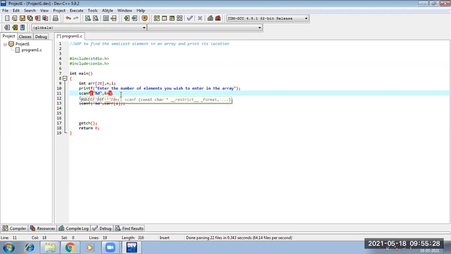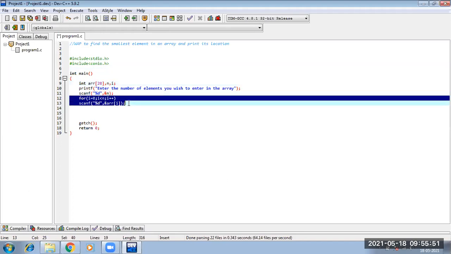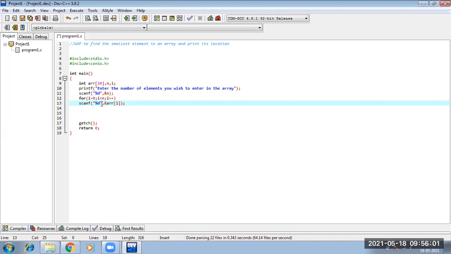Since I am using a variable n, we all know that whenever we want to use a variable, we first have to declare it. So I have declared that variable. Next, once I know how many elements I am handling in my entire array, I will use a for loop. My for loop will start from the 0th index till less than n. That means if I have 5 elements, the indexes will be 0 to 4, and accordingly in each index location it will take